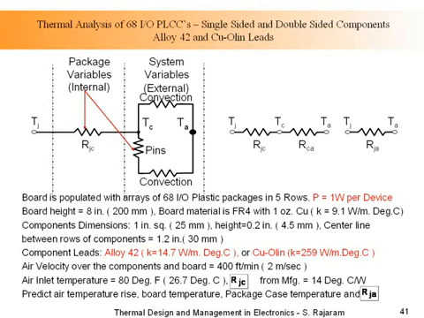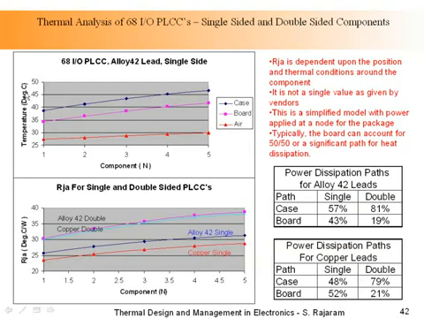So this chart just shows you the temperature in degrees C. Depending upon where it is sitting on the board, it tells you the case temperature, the board temperature, and the air temperature. And this is if it's only on one side of the board. Now, if you have components on both sides of the board, those temperatures will go up. That is because there's less area for carrying the heat out. Typically, if you look at the summary of these results, notice through the case, which is the top, we are losing about, on a single-sided board, 57%. On the board on the back side, you're losing 43%.